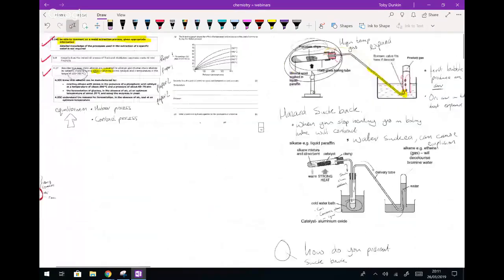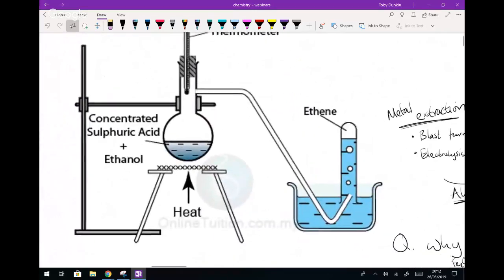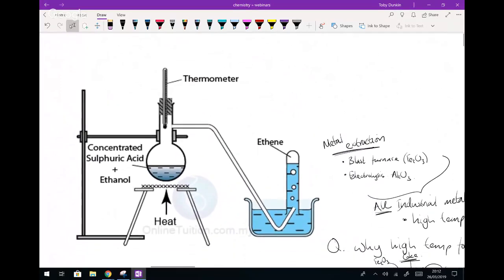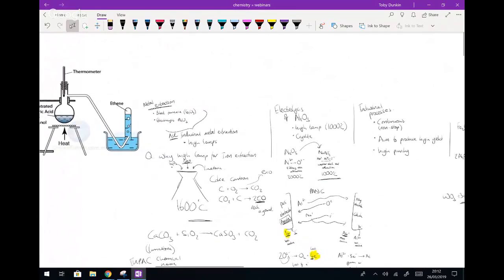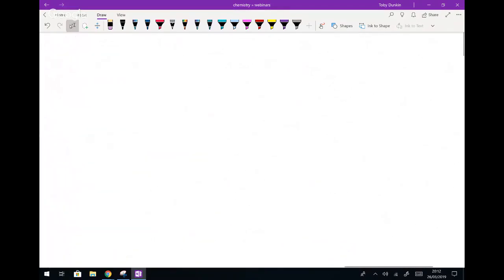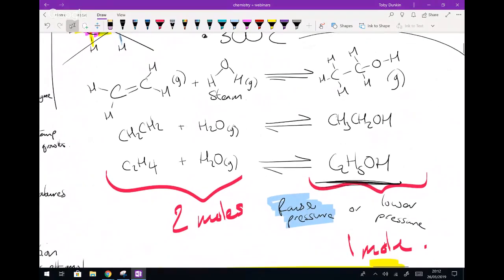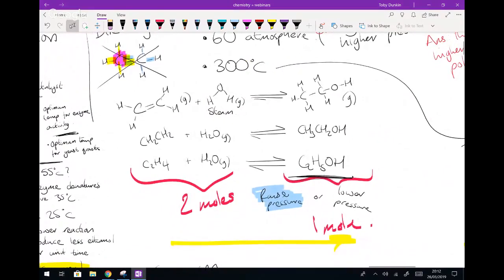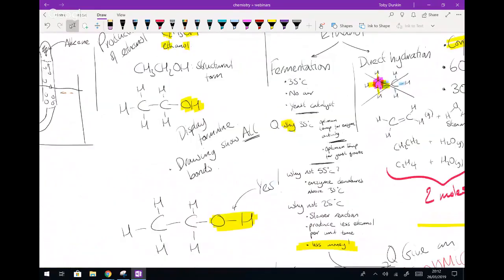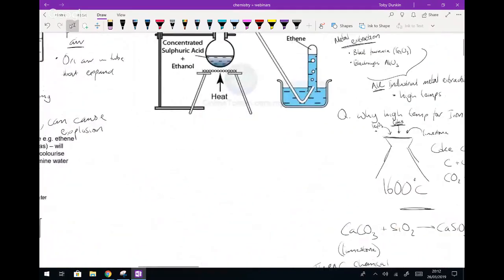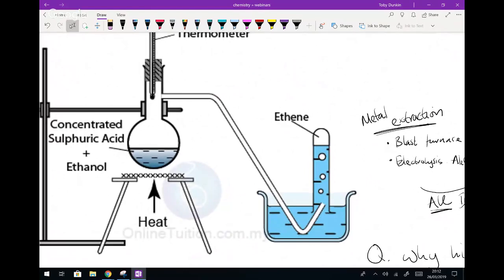I've got another diagram to show you. This one appeared in an exam once, and they added ethanol. This is actually the opposite. They reversed it. I thought this was genius. It creates an alternative pathway. Because this is also an equilibrium, it can be reversed. And they did a genius question. I wish the exam paper had color. They reversed it, and they gave you this diagram, and they added ethanol and concentrated sulfuric acid,